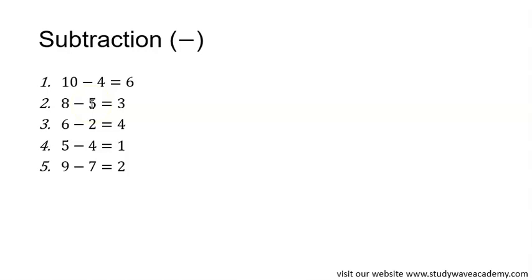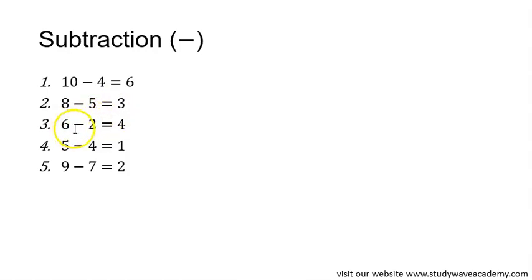So we have counted 8. We are going to be taking away 5 fingers. So you start from your right and count out 5 fingers. Let's count. 1, 2, 3, 4, 5. When you're done counting 5 fingers, how many fingers are left? You count how many fingers you have left. How many fingers do you have left? 1, 2, 3. So 8 minus 5 is going to give you 3. Okay,